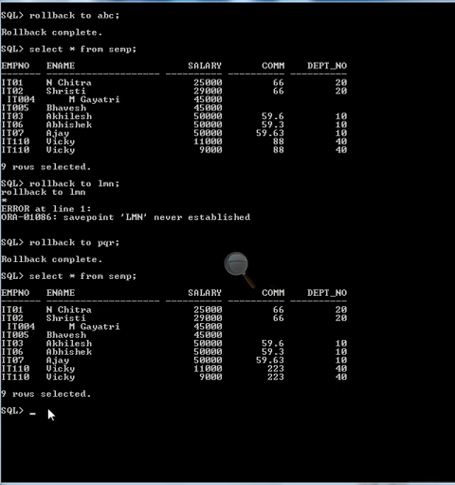But if I give the commit command, all the save points are cleared. Now if we give any previously remaining save point, it will give the same error, save point never established. So all save points are cleared after giving the commit command. So this is the use of the rollback command, commit command and save point command.